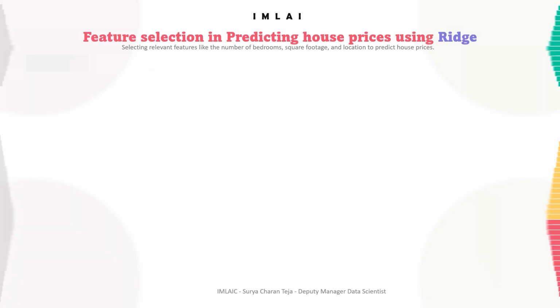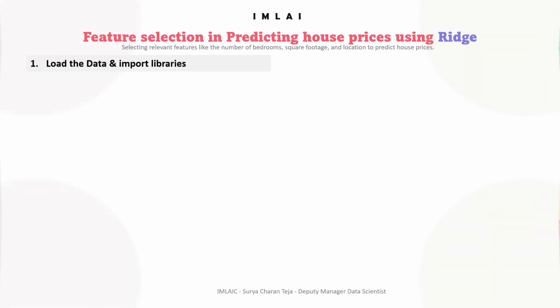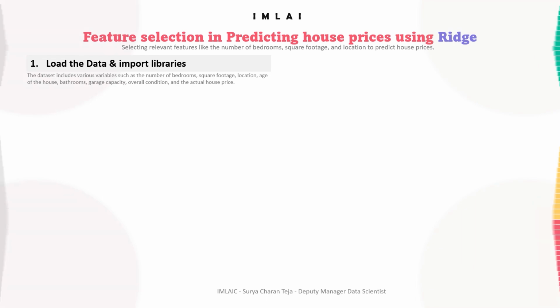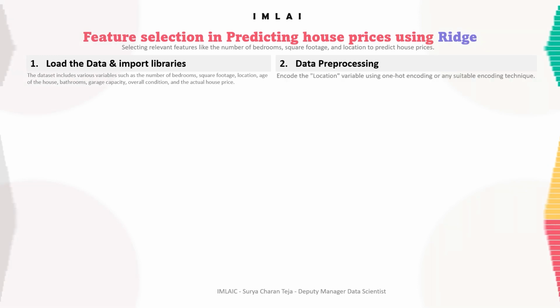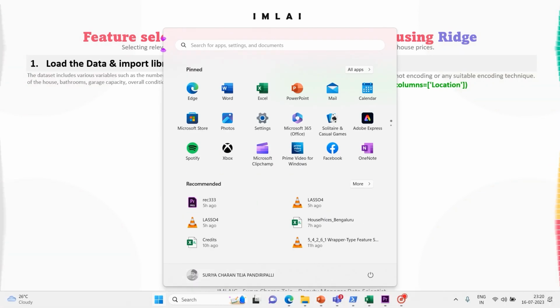So let's begin with our first step: load the data and import libraries. Anyway, we have discussed the same example in our previous case also, so you can look into that. Then, after loading the data and importing the libraries, we have to do some pre-processing. Here we encode the location variable using one hot encoding or any suitable encoding technique. Until that step, we will quickly